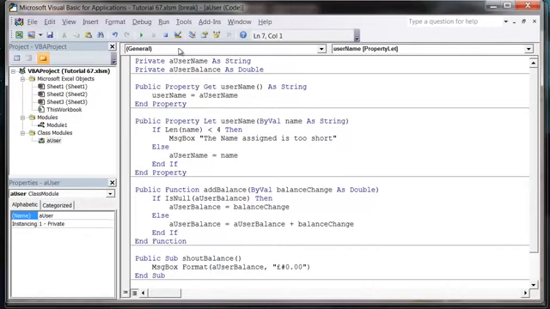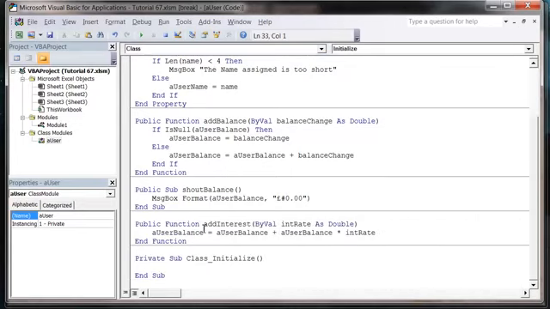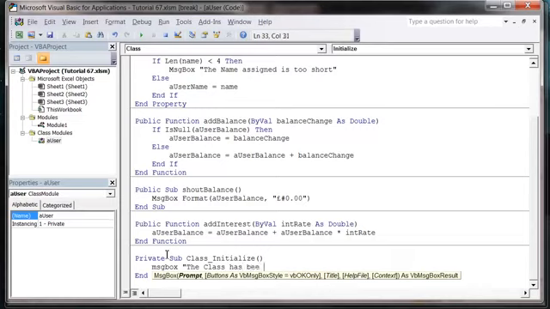So this is the same as normal events. If you click on your drop down up here, press on class, and then you get this class Initialize sub down here. And this will run whenever you create a new instance of the class. So let's put a message box: the class has been created,